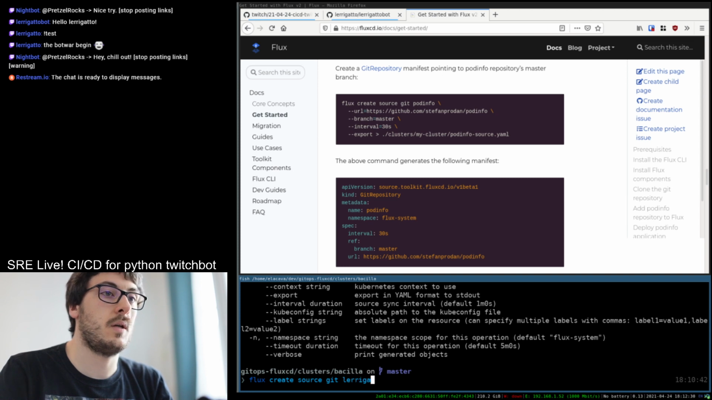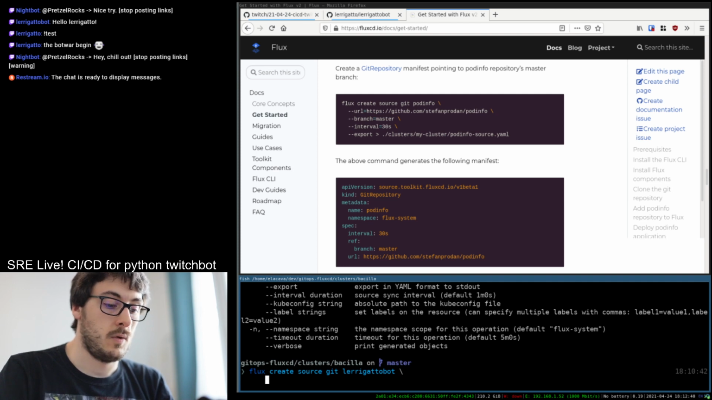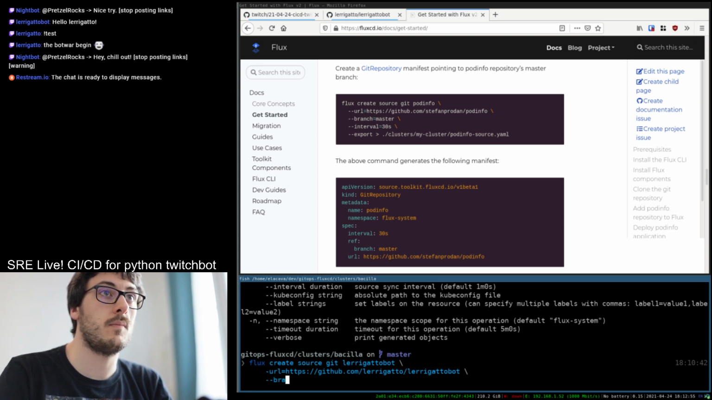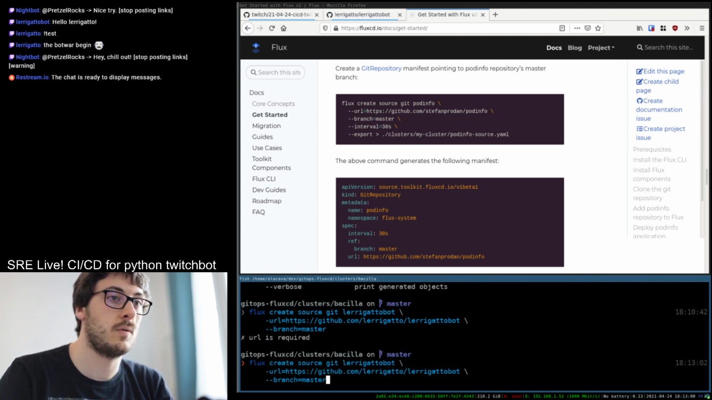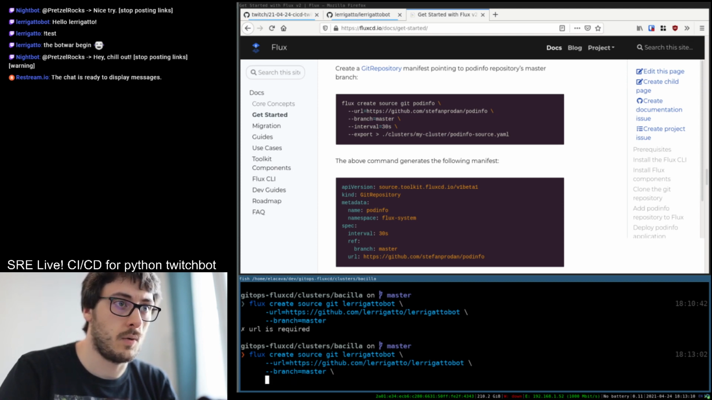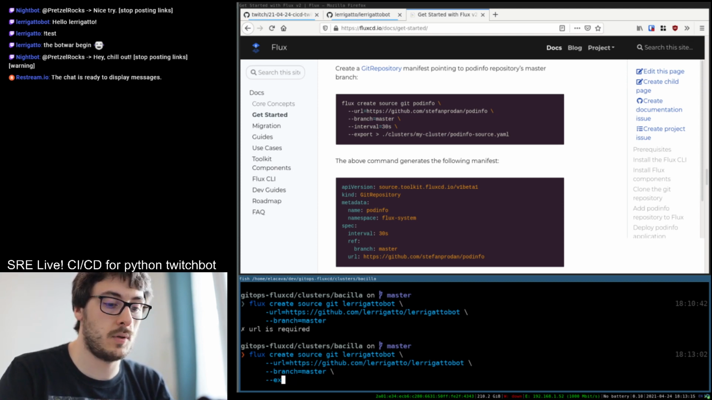This is twitchbot. The URL is https://github.com/larrygattobot. Okay, and the branch is master. Okay, and then we export